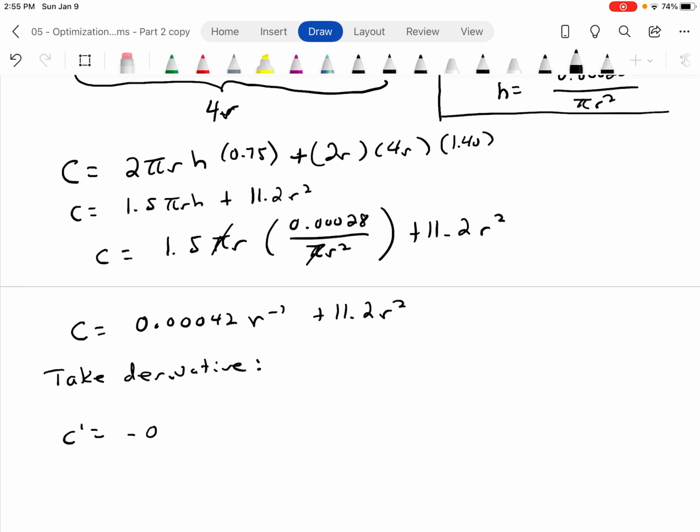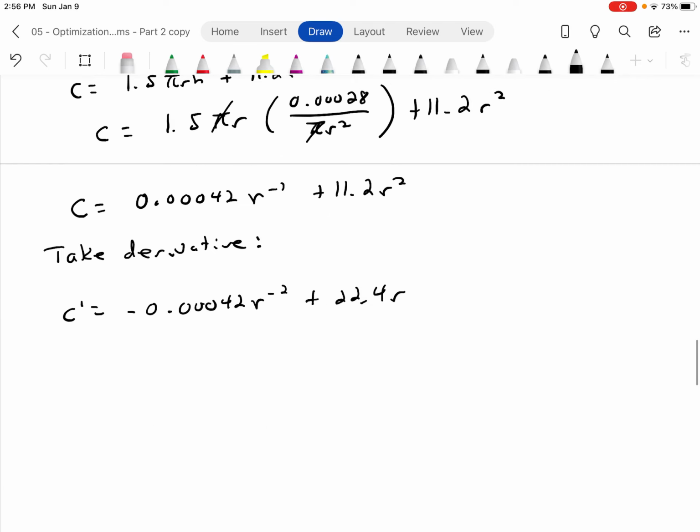So C prime equals negative 0.00042 r to the negative 2, and this is plus 22.4r. And these are difficult to solve. You could multiply through by r squared here. Some of you might see that move. For max min,